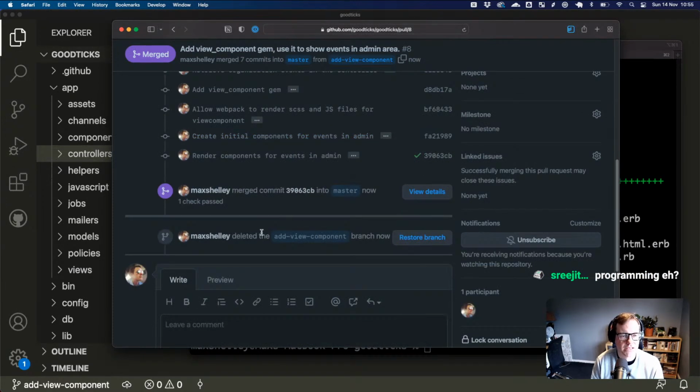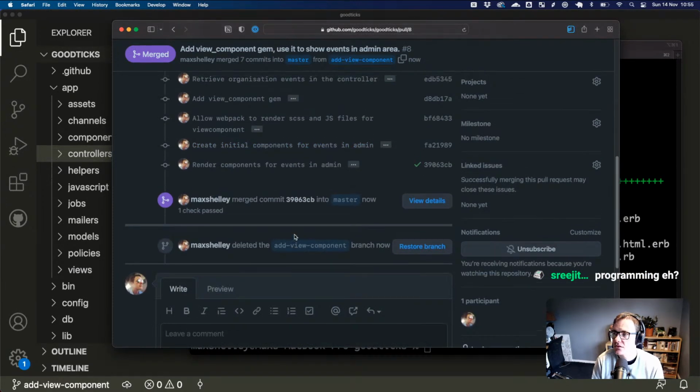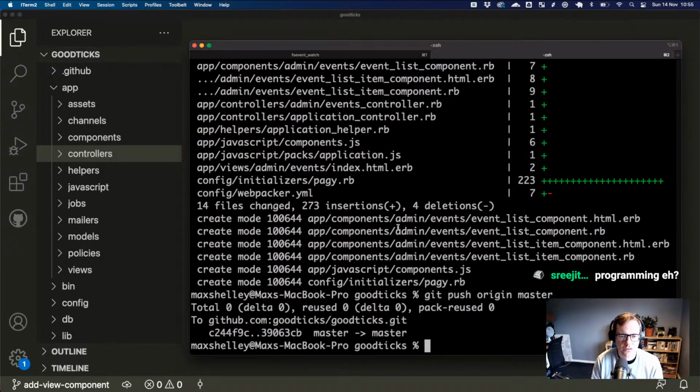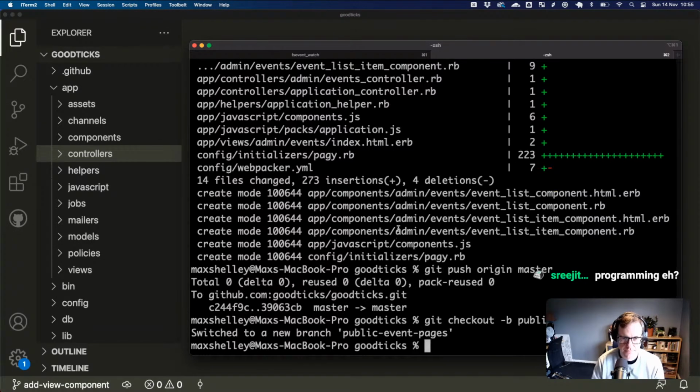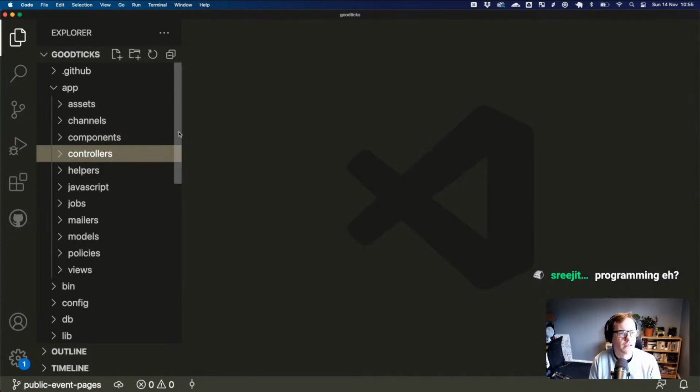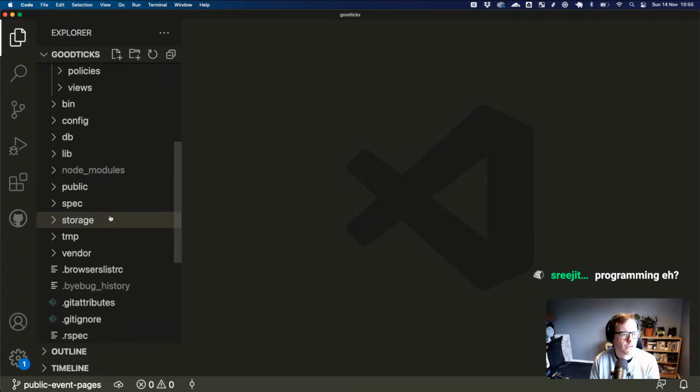I've set it up so that the branch will get deleted straight away. So that's all done. What we can then do is make a new branch and we'll call it public event pages. Let's start with some request specs.